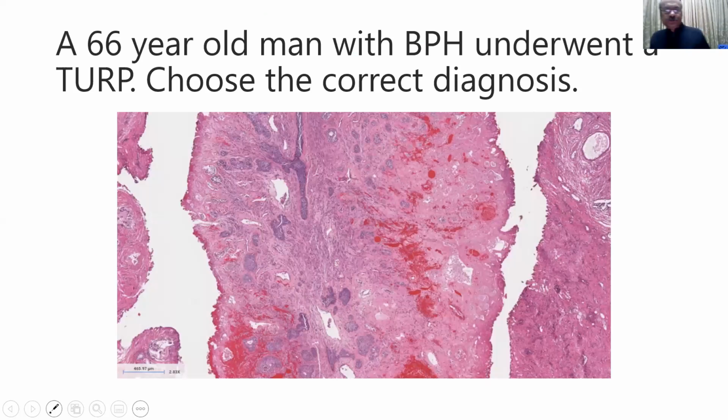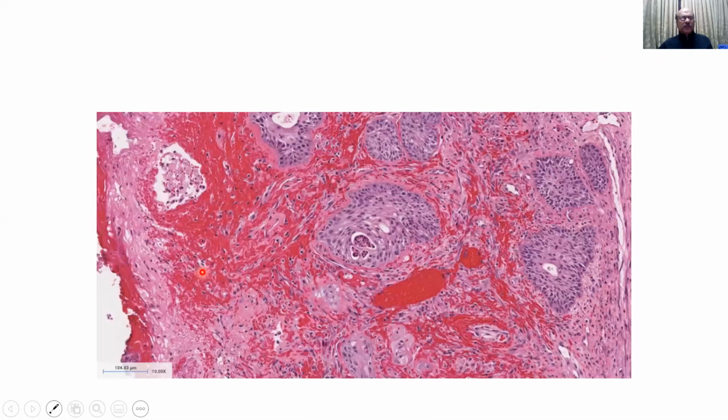Now we'll show some examples of prostate cancer. Here, a 66-year-old man with benign prostatic hyperplasia underwent a TURP. Choose the correct diagnosis. So this is the TURP sample. Here are nests of tumor cells, and in the background there is hemorrhage, and here there is infarction,